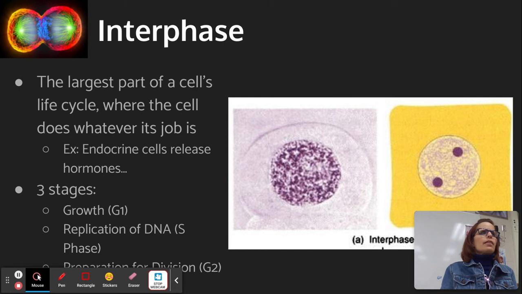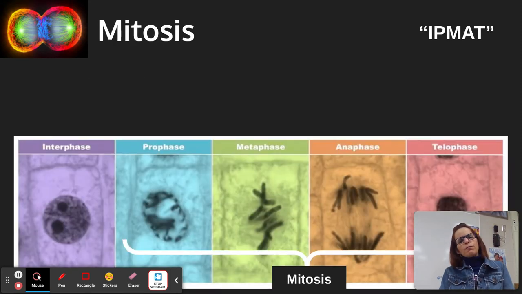Can anybody say them to me? What are the stages of mitosis? You say kind of a dumb word. Prophase, telophase. You didn't quite say them in the right order. What's the word? IPMAT. So for any mats in the room, I'm sorry that we're saying we pee, but IPMAT. So interphase, prophase, metaphase, anaphase, and telophase.